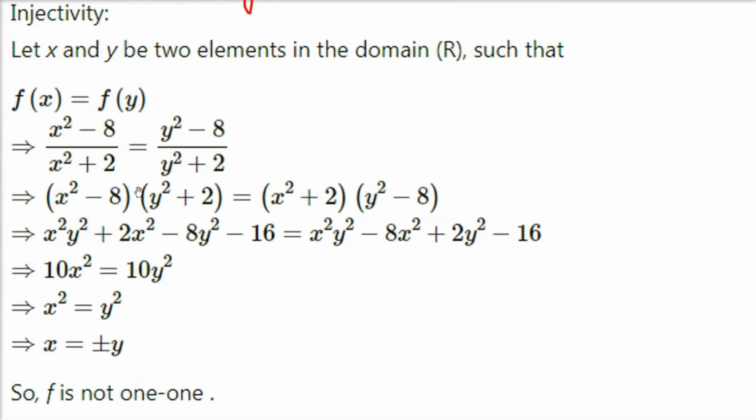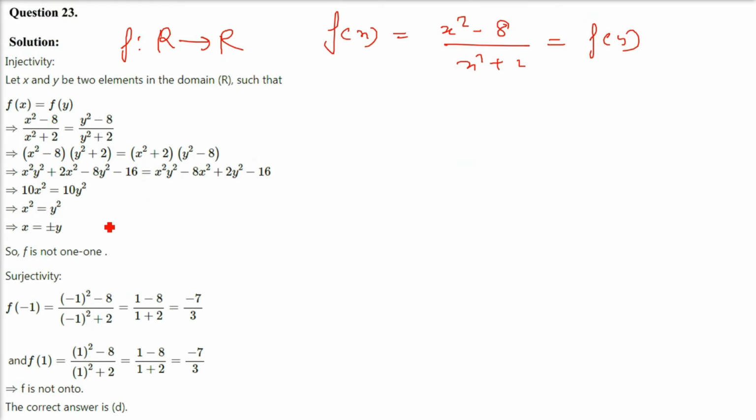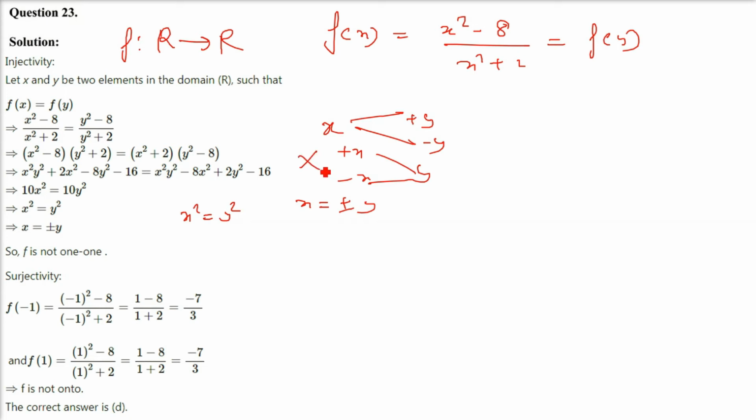So f(x), f(y), you know how to do this. You can cross multiply. This is quite obvious how you have to do. But x square will be equal to y square. This is what you will get when you are dealing with this. So x square equals y square, x equals plus minus y. That is, for 2x you are getting 1y, or you can say for 2y you are getting 1x. Either way you can do. But the thing is, this is many to one, this is not 1 to 1. You are getting two values for a single value, not 1 to 1.